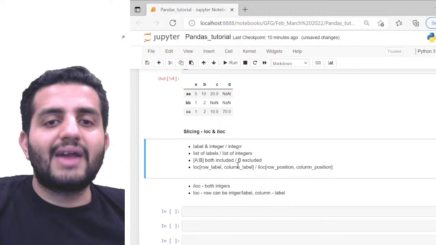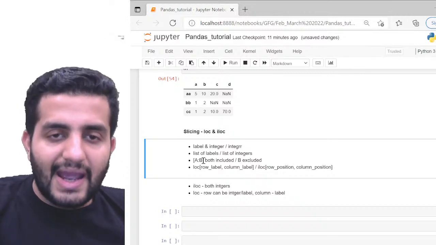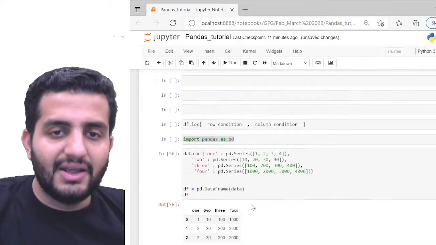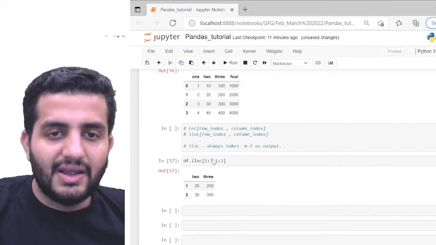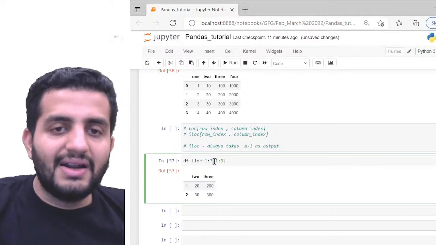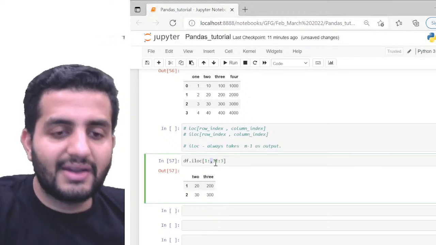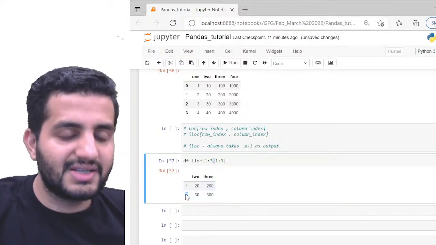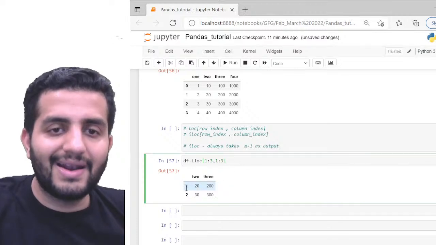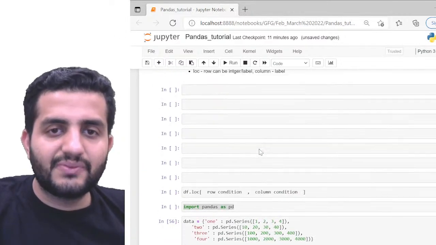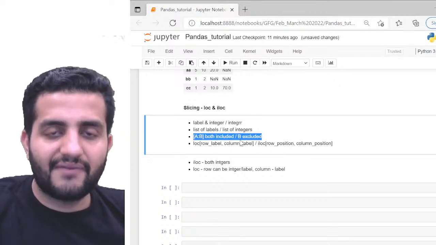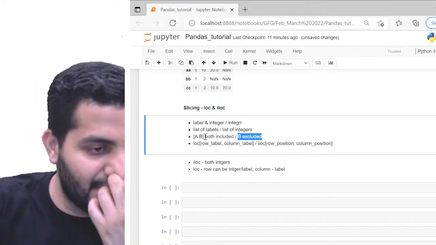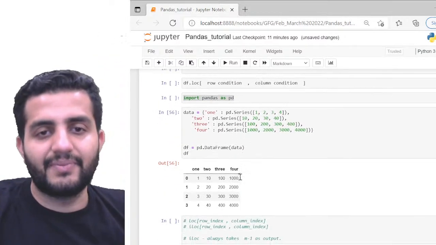You can see this. If I'm passing over iloc, my m is to n. So whatever range I give, the end is getting excluded. For example, you can see this definition. Here, if I'm passing 1:3, my 3rd index is getting excluded. I'm only getting 1 and 2, right? I'm not actually getting the 3rd index here. So this is what this definition says. If I pass it over iloc, the end gets excluded. That means the second variable of my indexing gets excluded, okay?